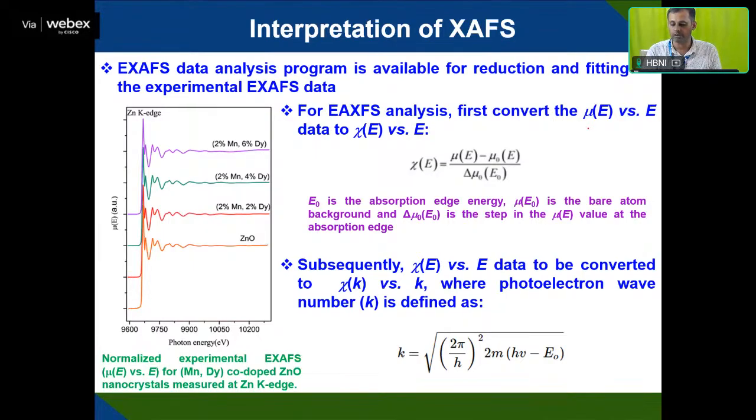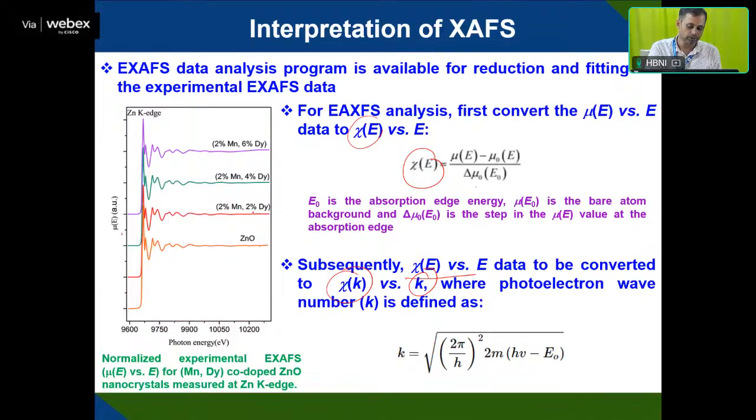For EXAFS analysis, first convert mu(E) to chi(E). That is equal to mu(E) minus mu0(E), divided by del mu0(E), the absorption edge energy step, and the background. So you are able to find out chi, and subsequently from chi versus E data it is converted to chi(k), the variation with respect to wave vector k. And then mu(E) versus E, if you plot, you can see how, because of zinc